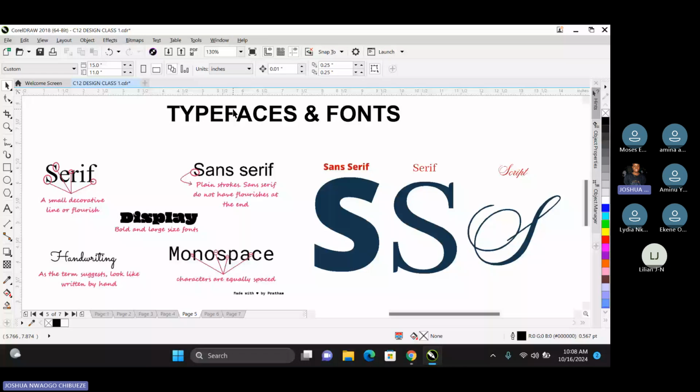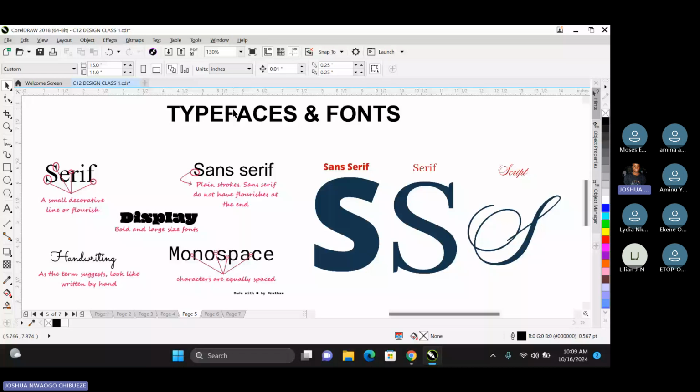We have countries in Africa, right? Let's say Nigeria, Ghana, Cameroon, right? So let's say maybe those ones are typefaces. Now under Nigeria, we now have Imo State, Abuja, Lagos. All these are states under them, right? So it's the same thing for fonts where we have typefaces, and under each typeface, there are now fonts that